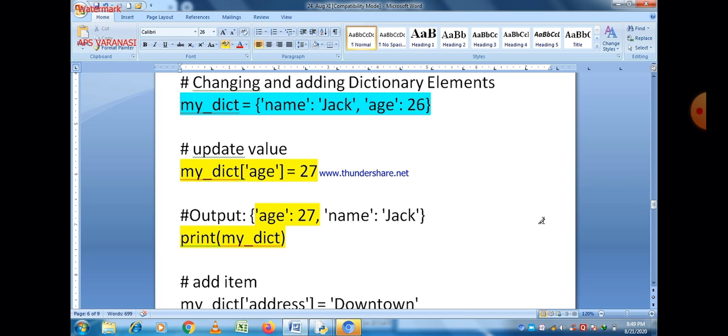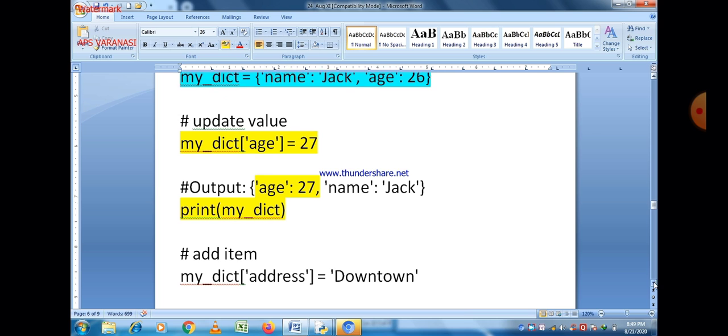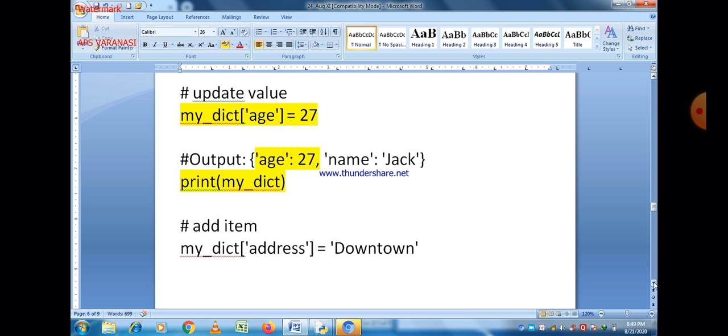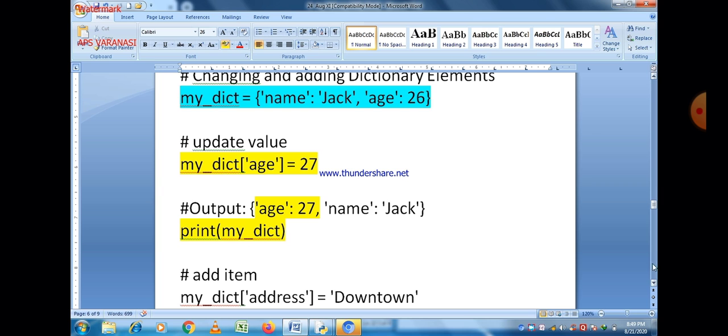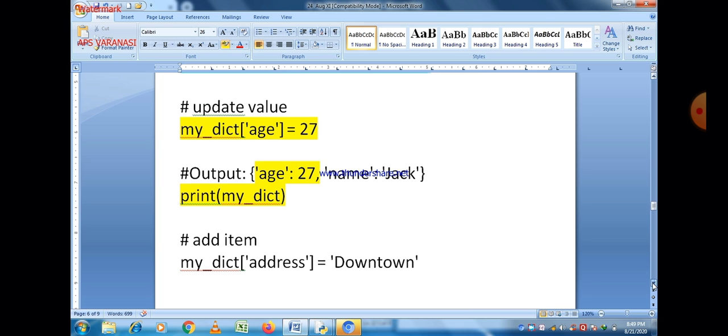And if we want to add a new key address, then it is also possible. For that purpose, just write the name of the dictionary, which is my_dict, and then the key address within a square bracket, and give the value by using the assignment operator, and the value is downtown. So a new key-value combination is added to the original dictionary.